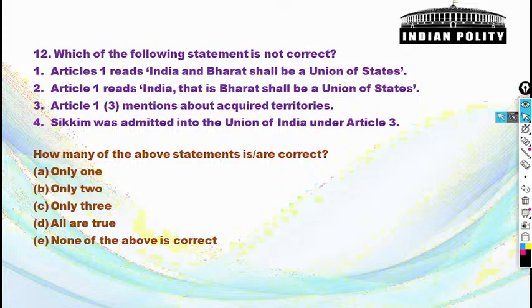Article 1 reads India, that is Bharat, shall be a union of states. It is correct. Article 1 clause 3 mentions about